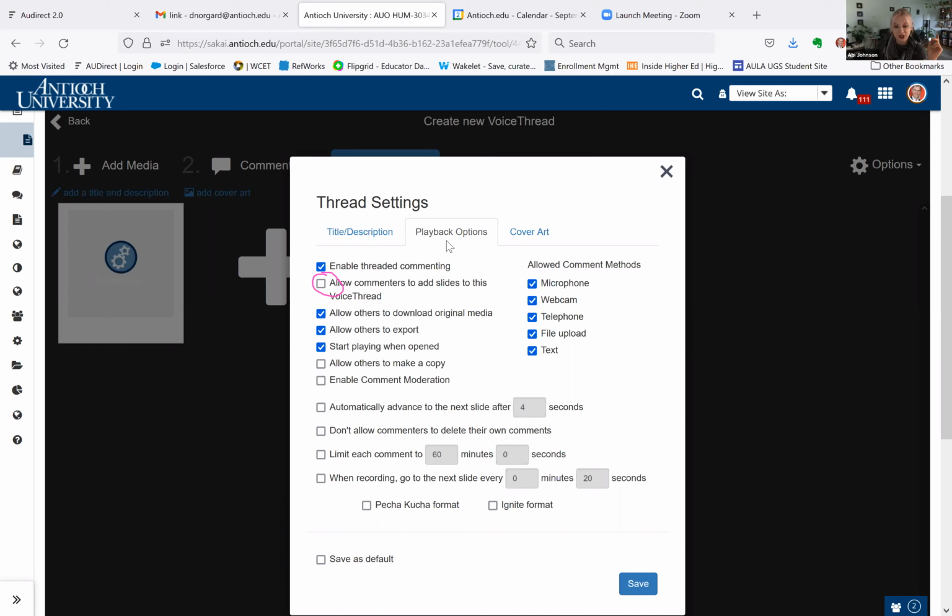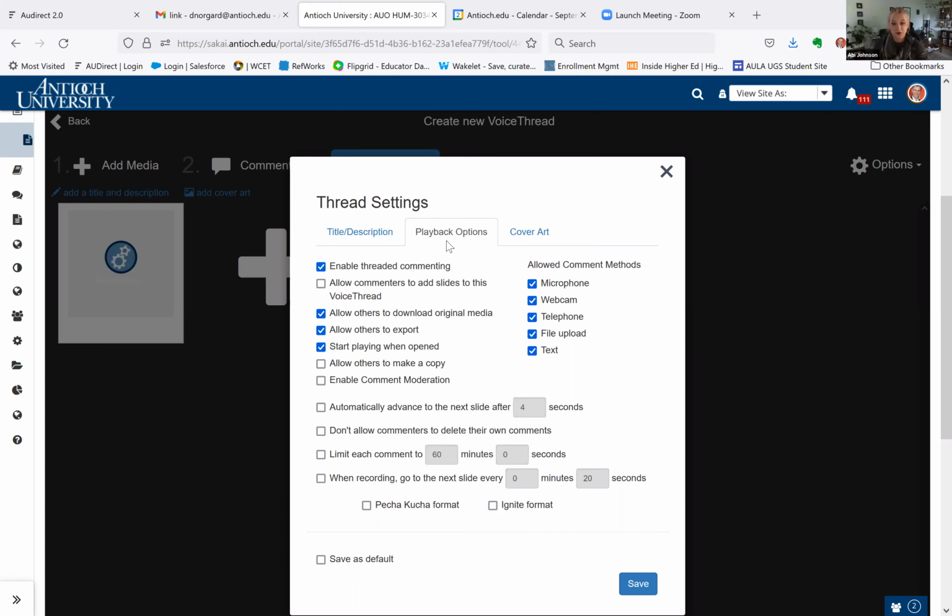Enable comment moderation. I believe we talked about that kind of quizzing feature. So what this is going to do is let the students post a comment, but no one else can see that comment until you go in and moderate and approve it, which you never actually have to do. So if you want answers to be secret, you could enable comment moderation, just watch them score students and then never actually post the comments. I see. Well, I foresee this being an open discussion, particularly in the first week, but